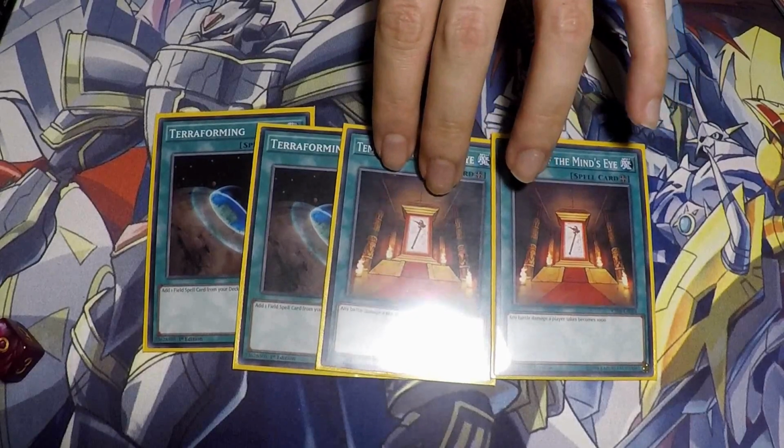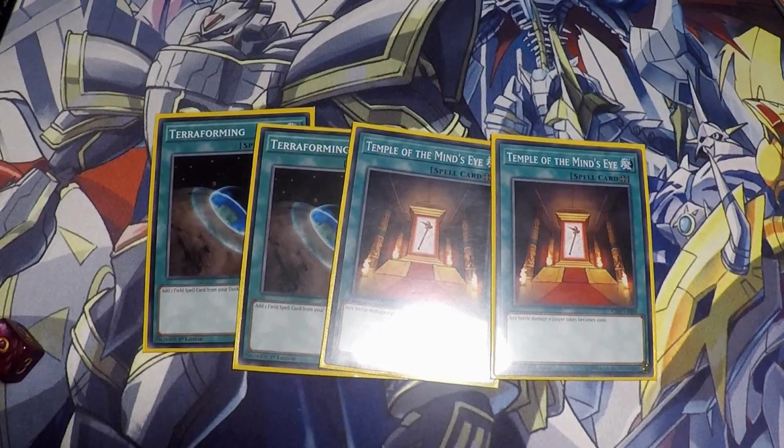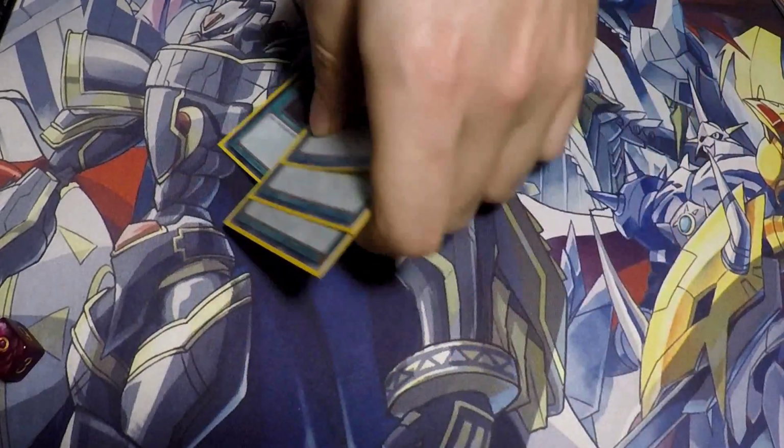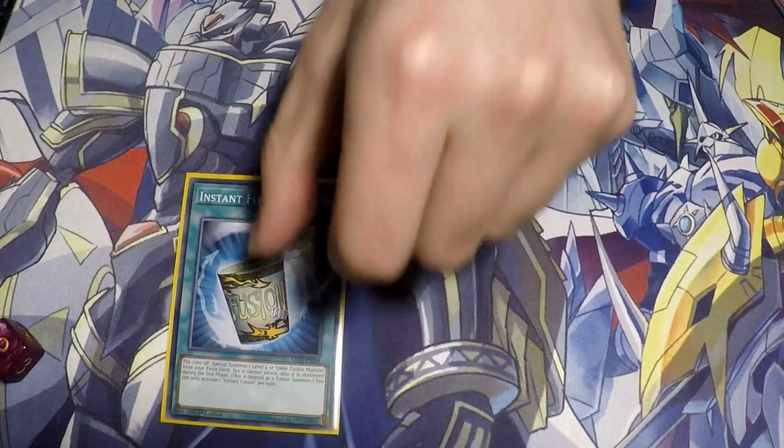So what Mind's Eye does is it makes all battle damage equal to 1000, and this synergizes really well with the Lyrilusc XYZ monster Assembled Nightingale, and helps to protect from being OTK'd if your opponent gets over your Time Lords or your Lyriluscs. Yep, so that's that. So then we also run 3 Instant Fusion